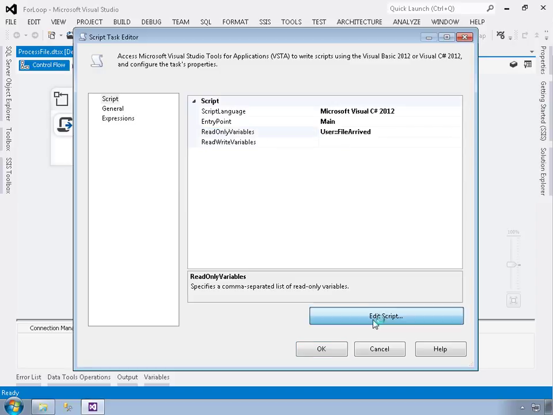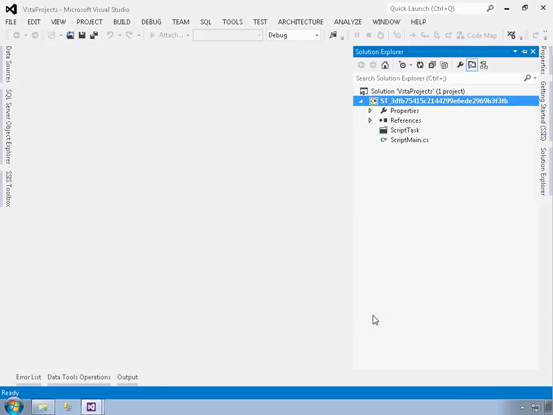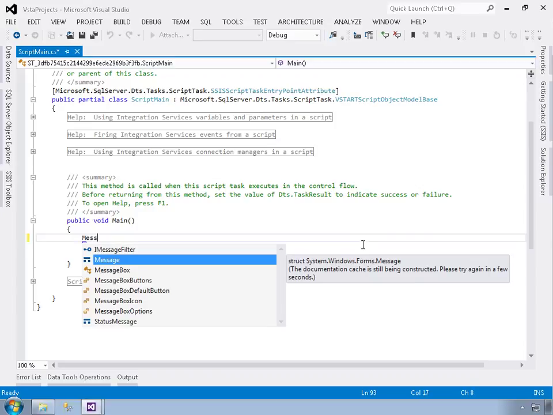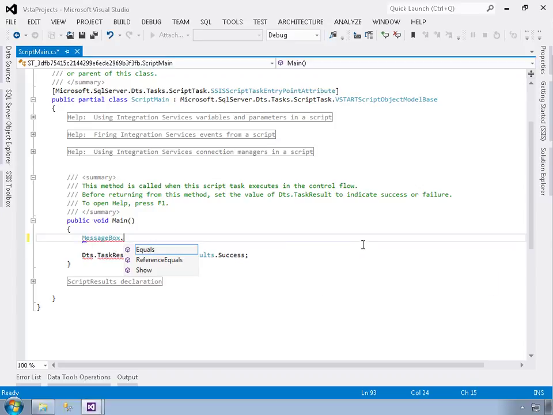Okay, once again, I need to edit the script. Opens up that code editor. And I'll need to add some code to this module's main method. Notice that it's still called script main. And in this case, I just want to pop up a message box. In a real application, message boxes appearing within Integration Services packages are not the best user interface, but it works for our example here. Okay, so I'll do MessageBox.Show,